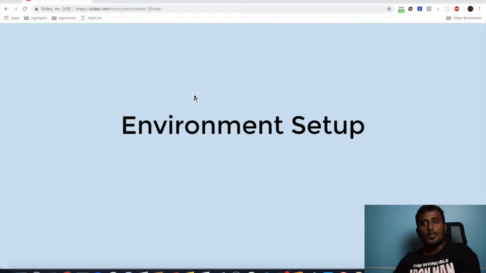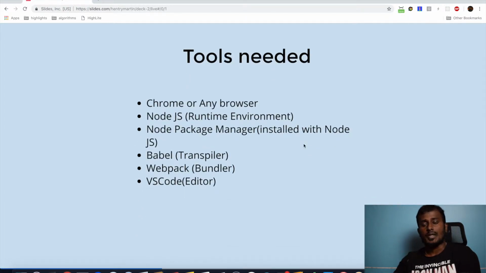Today we are going to learn about the environment setup which is needed for you to start coding in JavaScript. The first thing we have to understand is what are all the different tools which are needed for you to get started with JavaScript coding. Basically, if you want to code in ES5, all you need is a browser and a text editor. But we will be using ES6, so we have to have some extra tools which are needed for us to transfer it to ES5. So let's understand what are the different tools needed for us to start coding in ES6